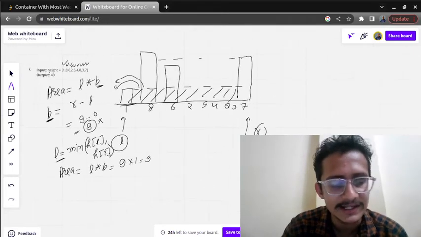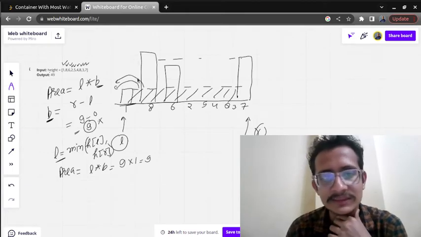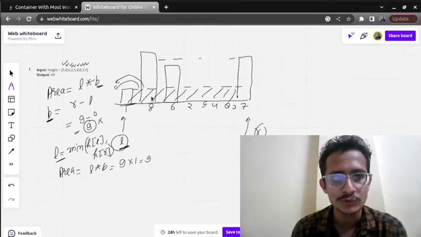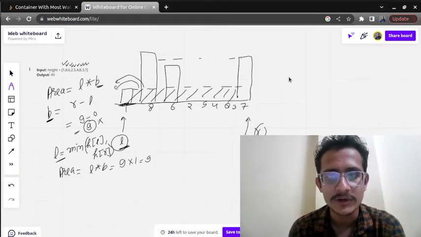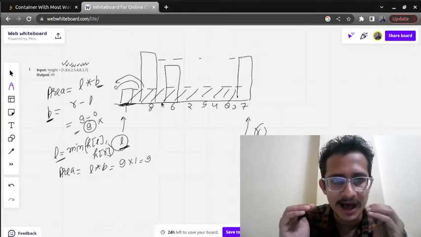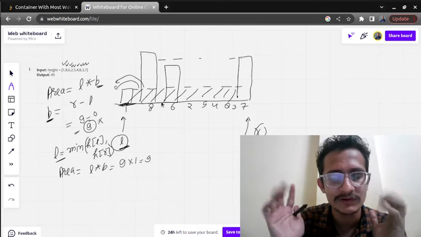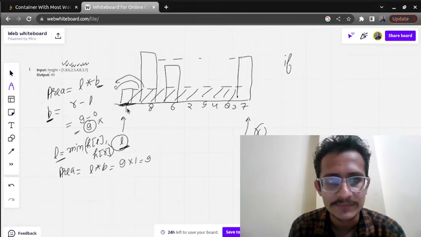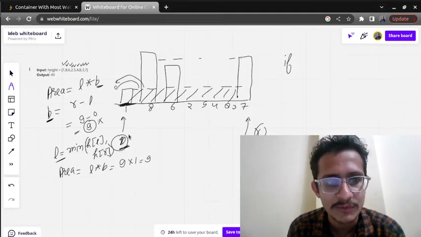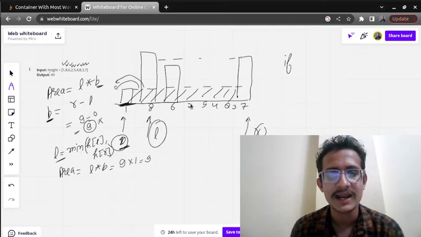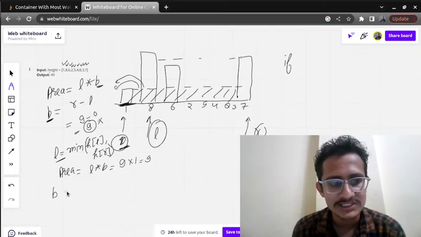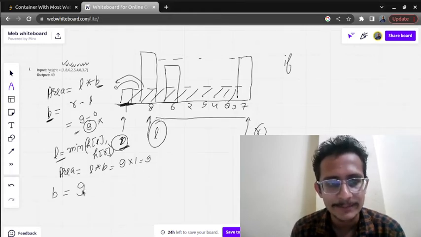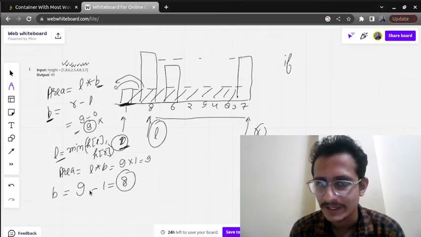Now one thing is clear, that the area is calculated. Now tell me one thing, which pointer should we move, left or right? Now you can see that here the height is minimum. If both the pillars are of big height, then more water will be stored. So here we can apply a condition. If this is of smaller height, I will move the left pointer and again calculate the area. So this time my breadth will become the distance between these two. R was 9 but L became 1, so the breadth has become 8.